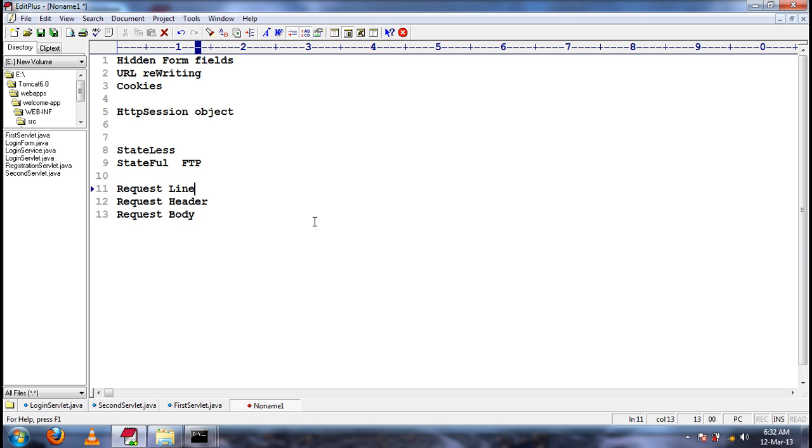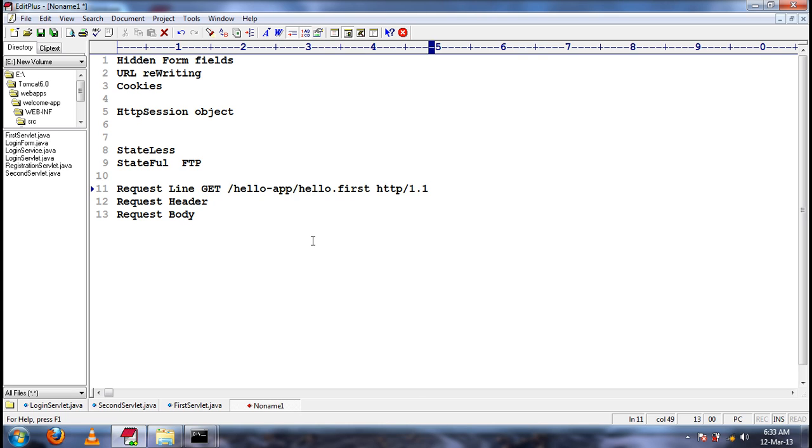The request line contains the method of form submission, either get or post, the URL, and the protocol and its version.